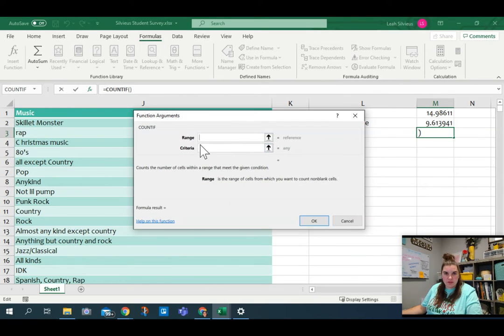The two arguments that it has are a range and a criteria. The range is the range of cells you want to count from non-blank cells. So what would you like to count? Now, the biggest thing about this is that when you're using a COUNTIF, you're allowed to use values that have numbers or values that have words, but a regular COUNT function usually only counts